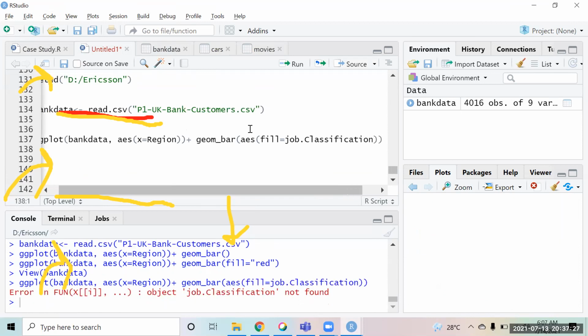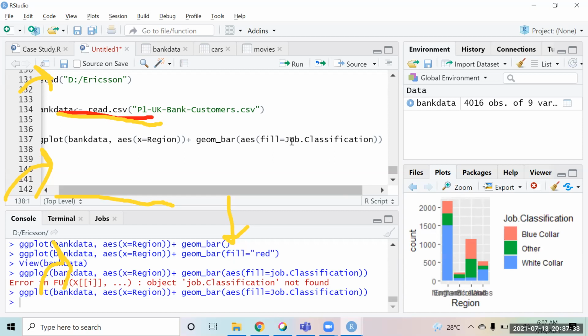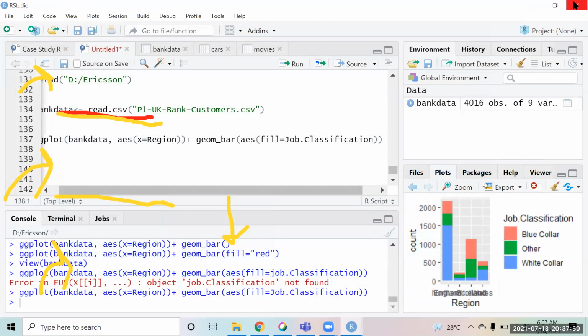Close this. Okay. So now if you see, the chart has got broken up, right, into three parts. This is called basically a stacked bar chart over here. So this is how you can create this. Normal bar chart being stacked up, broken up by colors.